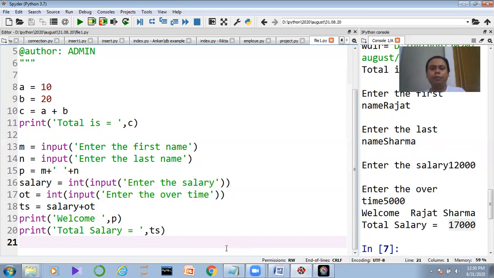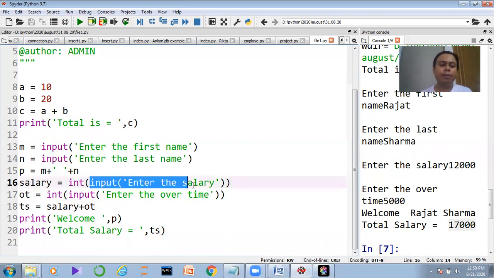So whenever we want to make any kind of calculation, at that time we have to do typecasting. Typecasting means we have to convert one type to another type. So here the alphanumeric string is converted into an integer, a 32-bit integer, and in order to do this, we are calling the int function. It is managing the task. So that is all about the input function, guys.